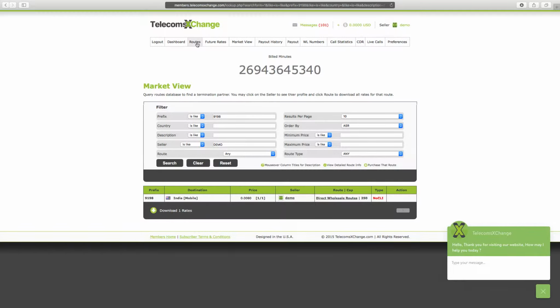Now, you do not need to add any of the buyer's IP addresses. You don't need to worry about that. You're going to always receive the calls from TelecomsXChange IP, and TelecomsXChange will be the party that will pay you for the usage. You don't have to worry about giving credit. You don't have to worry about adding IP addresses or even revealing your real IP address